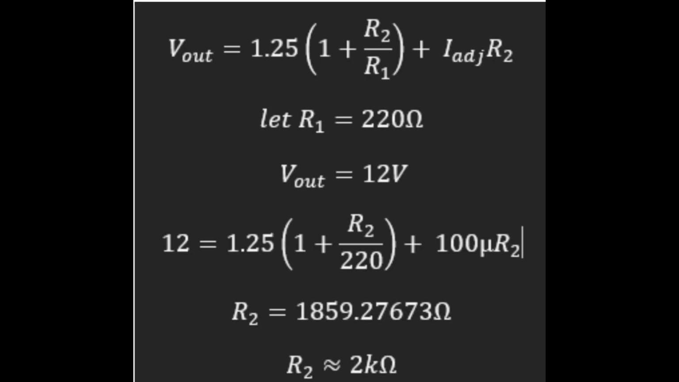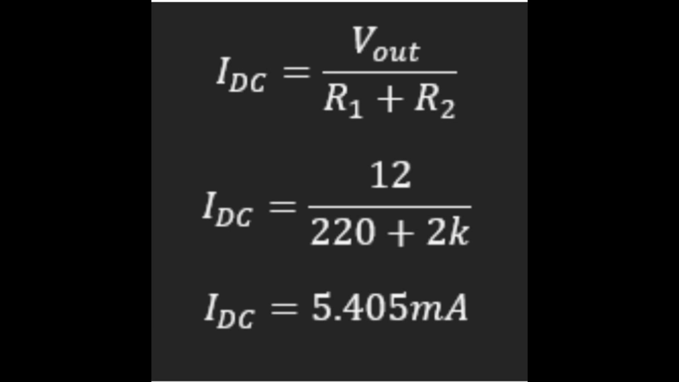For the calculation part, the output voltage of the LM317 and LM337 is equal to 12 volts and negative 12 volts. Let's say resistor R1 is equal to 220 ohms when Vout is equal to 12 volts. We calculate that a 2K ohm potentiometer is used for R2 to allow the output to be adjustable. Next, the IDC is calculated by using the formula above, and the IDC is equal to